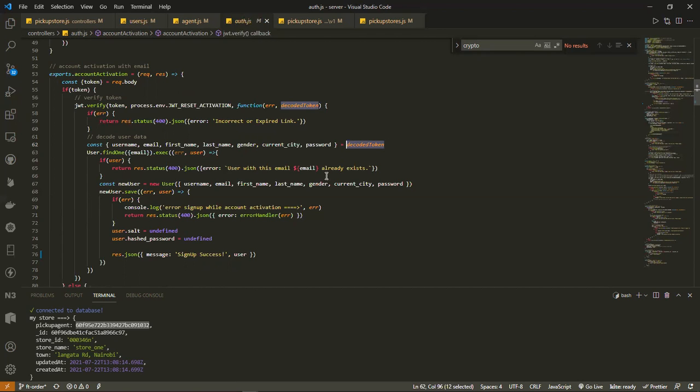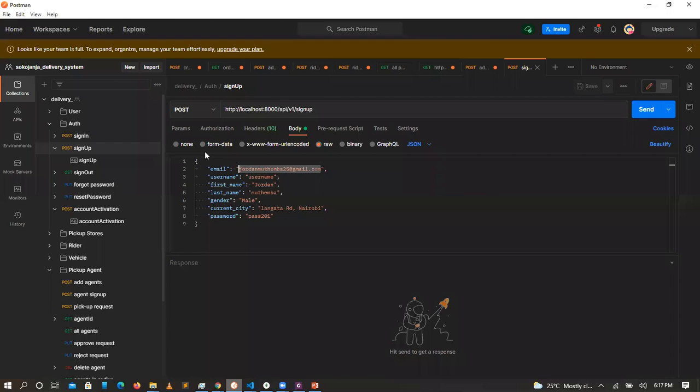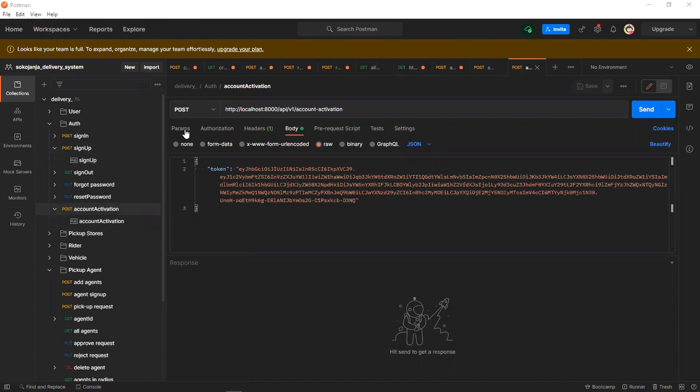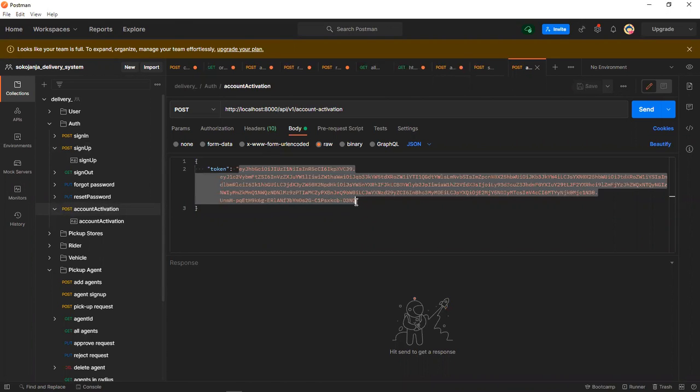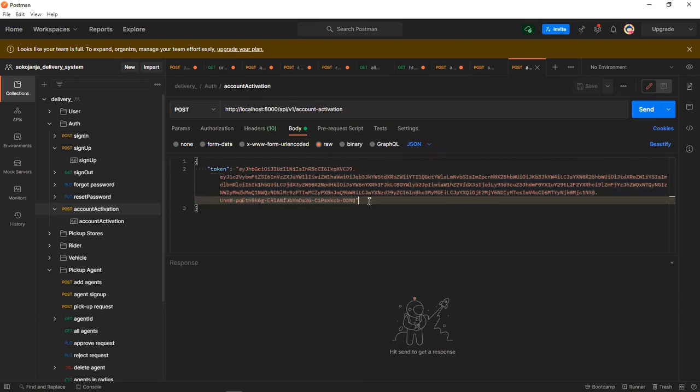So that's a way that developers use to actually verify that this particular email belongs to somebody. Let me show you the length of that particular token. This is the token I had previously generated, or I had previously sent a link to myself to create a new user, and this is the token. Generally this token contains all that information: your password. Remember, your password is still encrypted, and the data that you have entered in this website is encrypted into a long text, because if somebody gets this text, they won't be able to know that